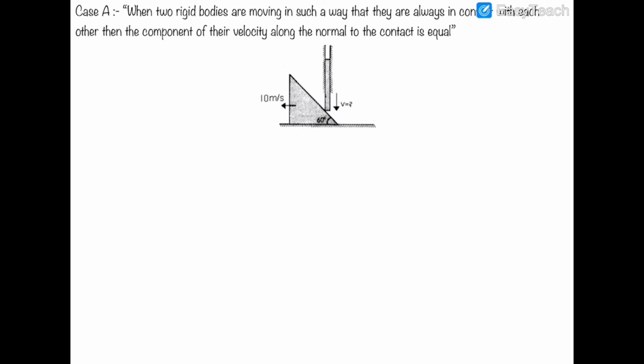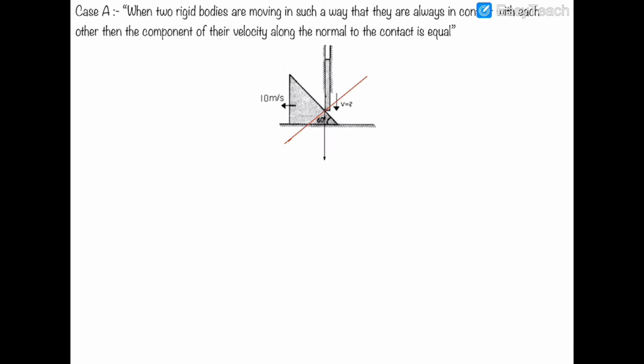And the second step is the identification of the contacts and drawing of the normal. So we have identified the contact, and we have to just identify that contact which is between these two moving objects. So this is the important contact, and we have to draw the normal to this contact only. So we are drawing a normal to this contact. So it will be like that. This is the normal.